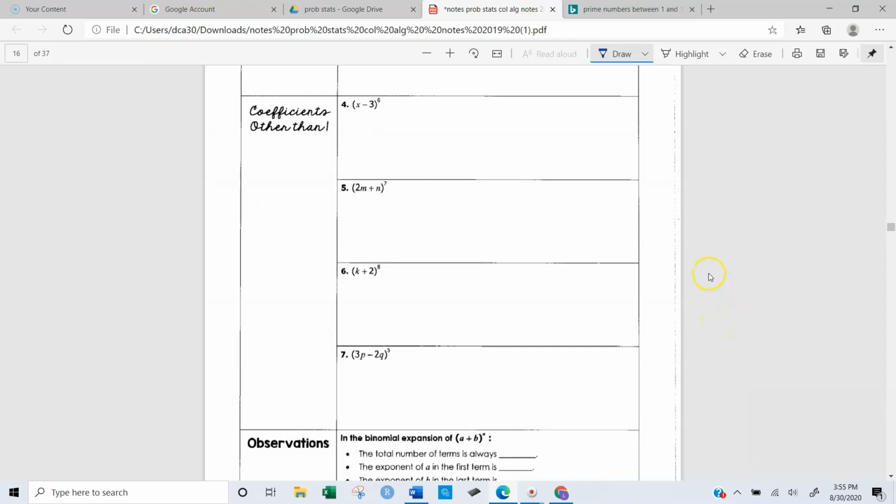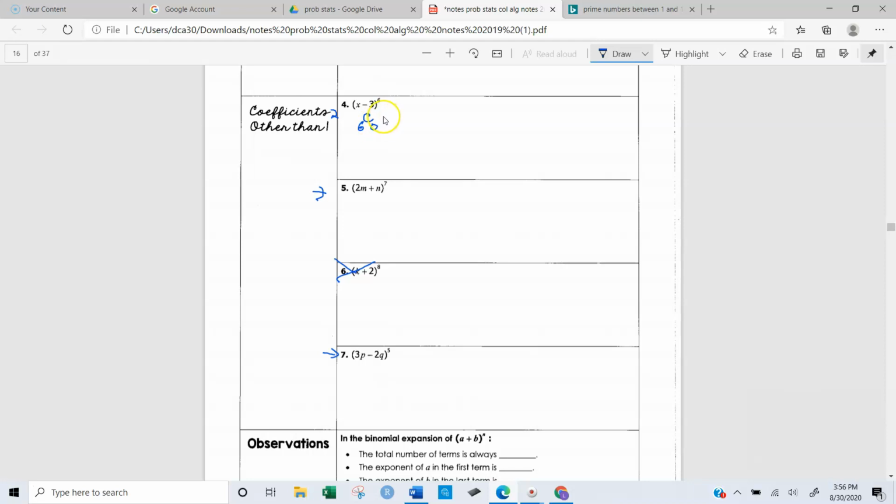I'm going to do, let's start with, let's say, we'll do some of this one. I'm going to skip this one and a little bit of this one. So (x - 3)^6, let's just do the first 3. So we know we have 6, 6 choose